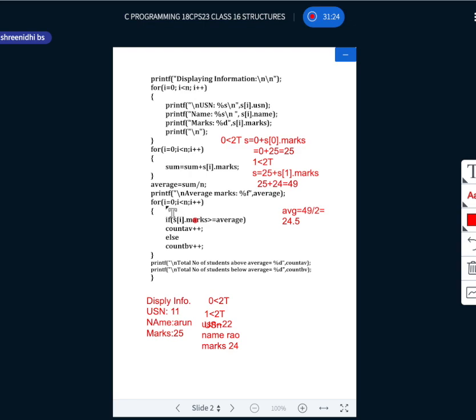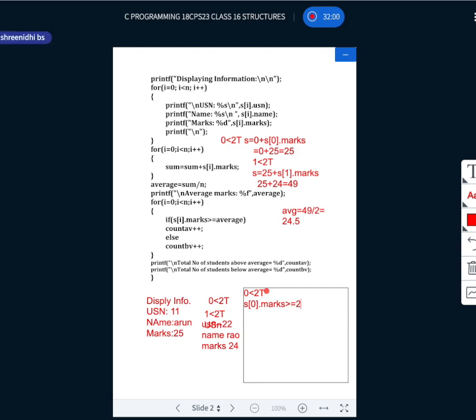So again I will take one for loop. In this for loop, i is equal to 0, 0 less than 2, again true. Now if S of i, that's S0 dot marks, is greater than or equal to average.